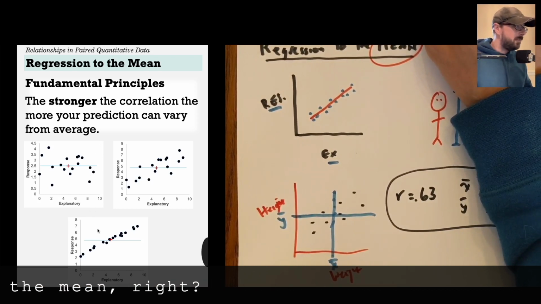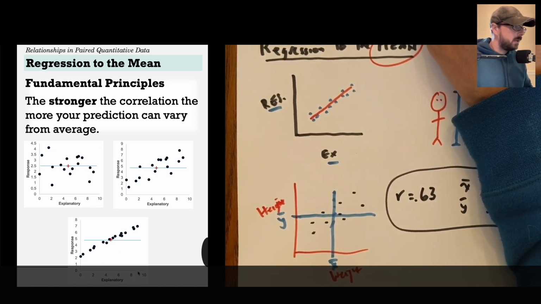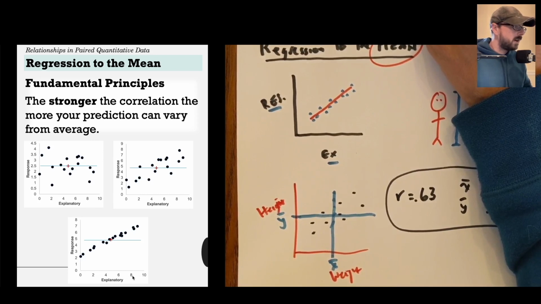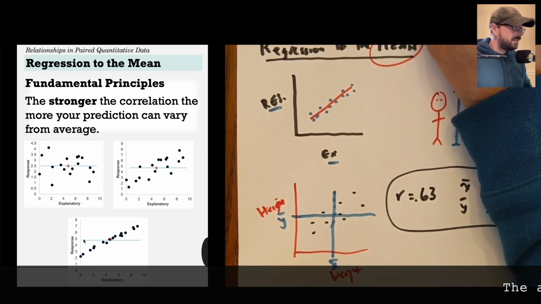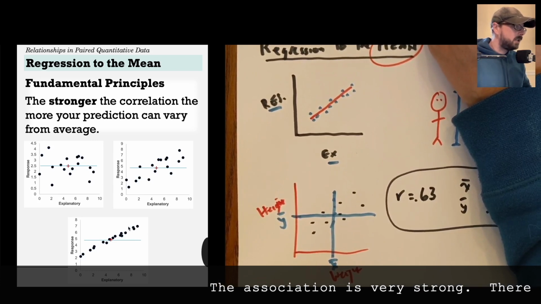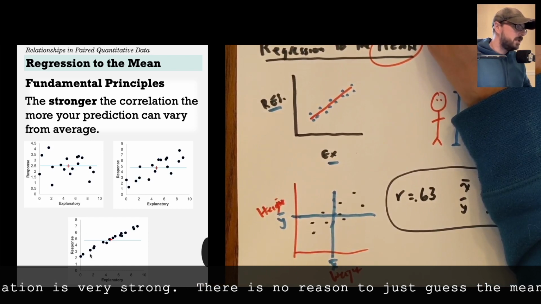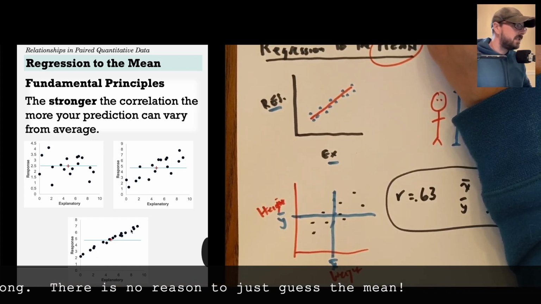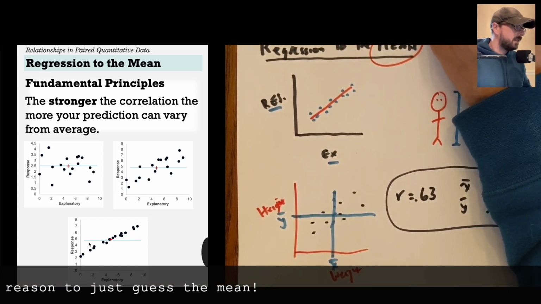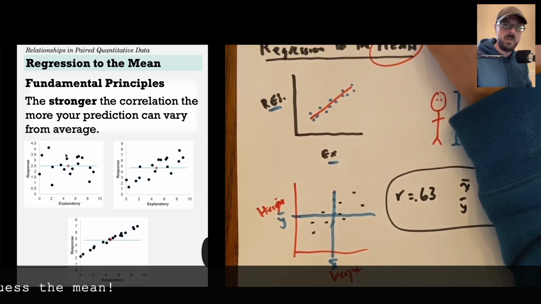It would be really, really bad for this last one here. If I look at the explanatory value 8 for x, I'm not going to guess the average of the y coordinates in this situation. I would guess something much higher, kind of up here. Why? Because the strength of this correlation is so strong that it seems silly to guess the mean of y in this instance. Here, guessing the mean of y doesn't seem all that implausible.